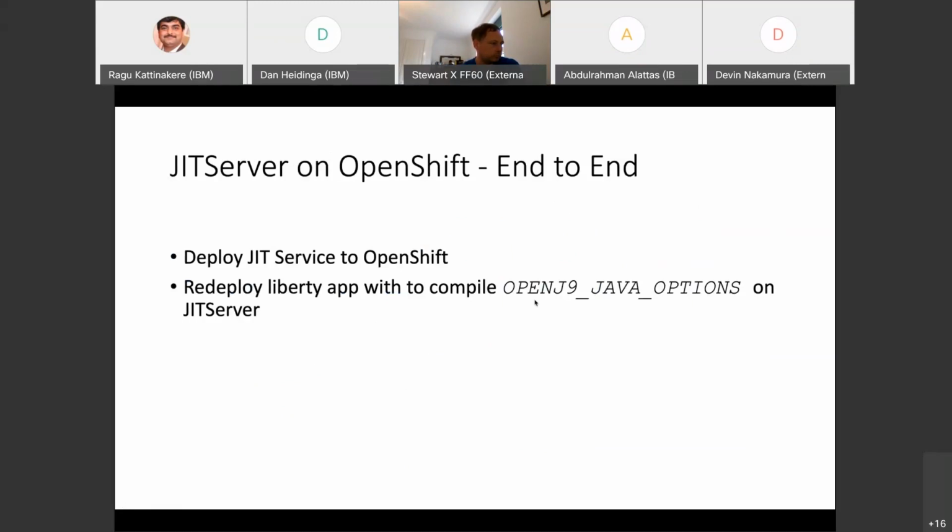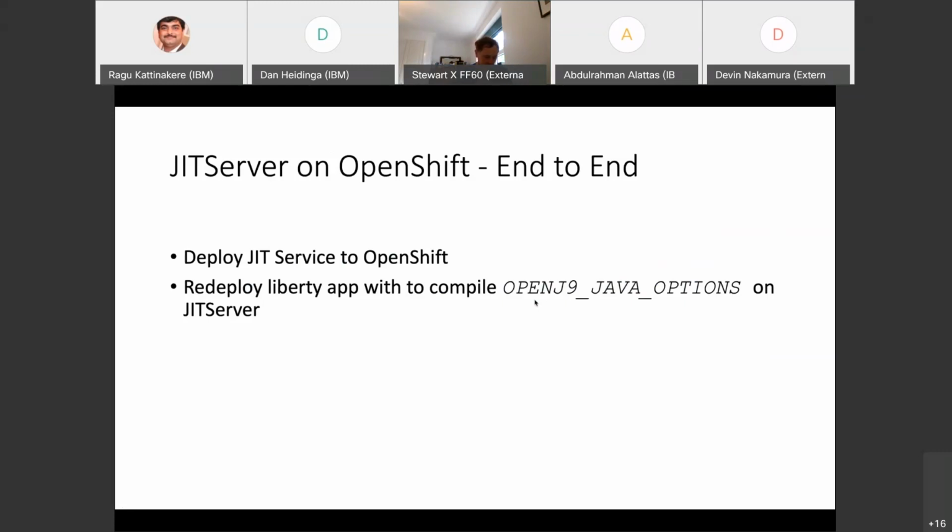So when people want to try a standalone application, for example, which takes in data from a shared volume and processes it and puts it back on the shared volume, and the data on the shared volume is being updated by multiple other applications. So there are scenarios like that where there is no web server as such, but there is a Java application doing some processing. In those situations, we want to deploy even a plain OpenJ9